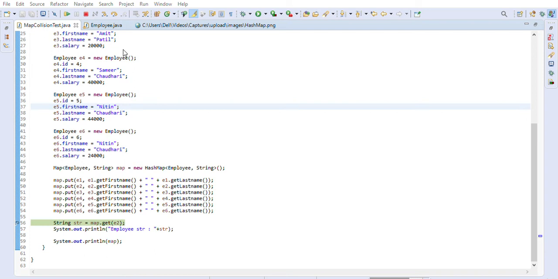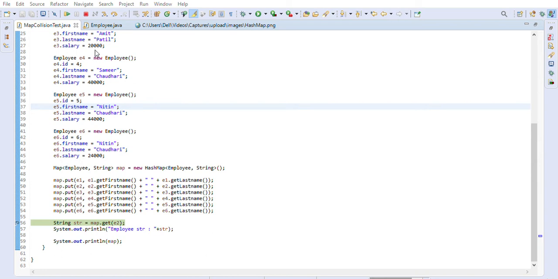Basically, when we do not implement the hash code function properly, multiple objects end up going into the same bucket, and it creates a list inside that bucket, as I showed you here. When you expand, it is a list; all the objects are linked with each other by this next, right? Employee 1's next is employee 2, whose next is employee 3, as you can see internally here. And if you expand this, you will see that it goes until employee 6, right? 3, 4, 5 and then 6, all the employees are next to each other, so it formed a list because of the hash collision.